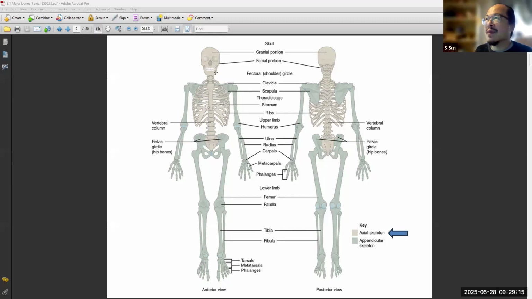So basically, we will start by looking at the axial, sorry, the skull. Skull includes the cranial and the facial. And then this one is the spinal cord. Spinal cord has a cervical portion, thoracic portion, lumbar, sacral. And so this is a vertebral column, the vertebral column. And then